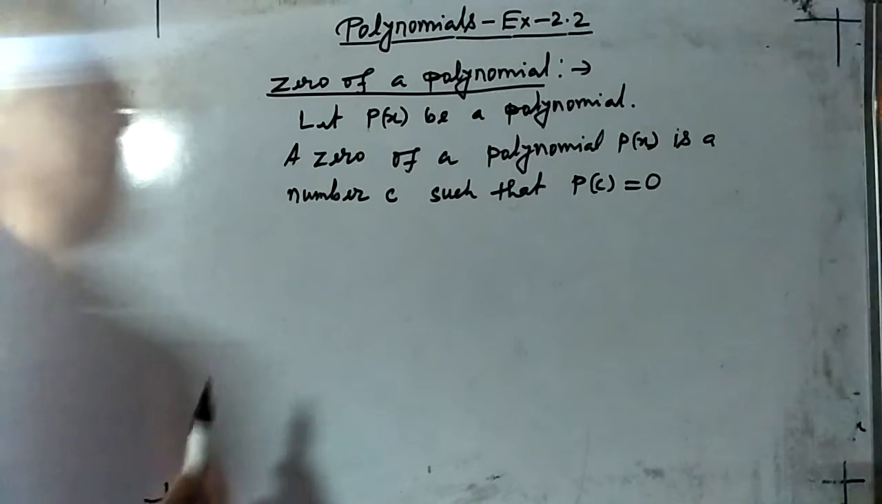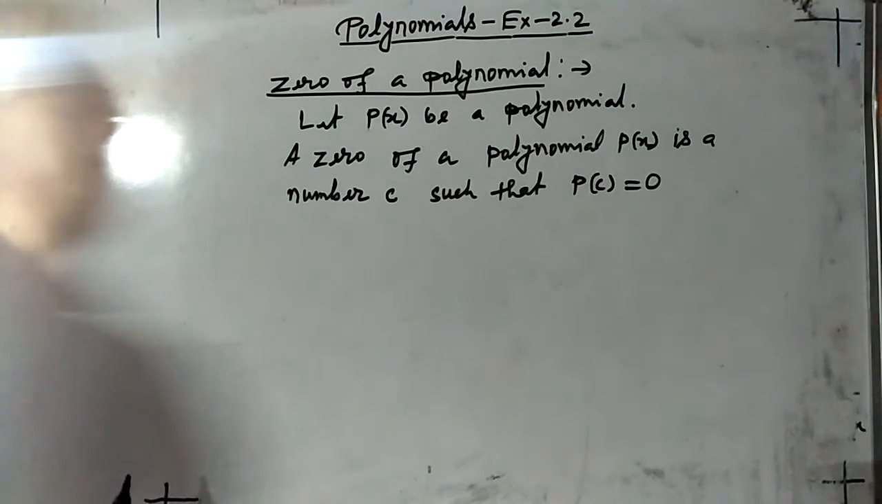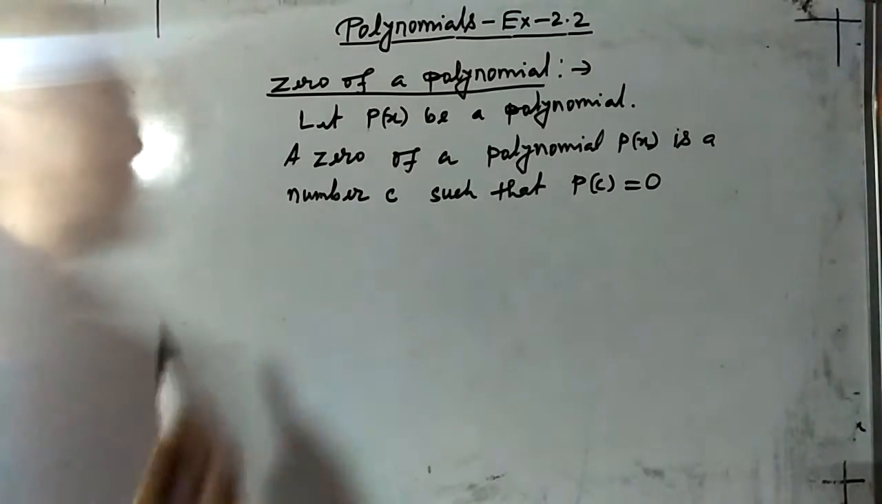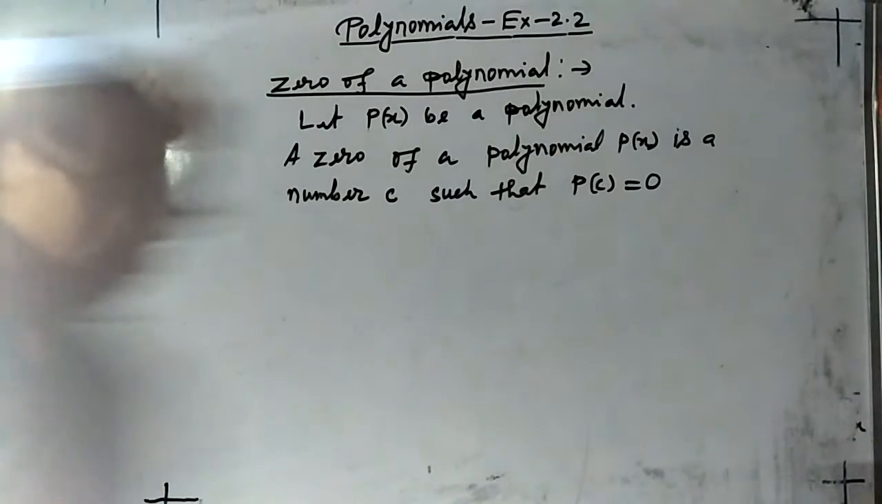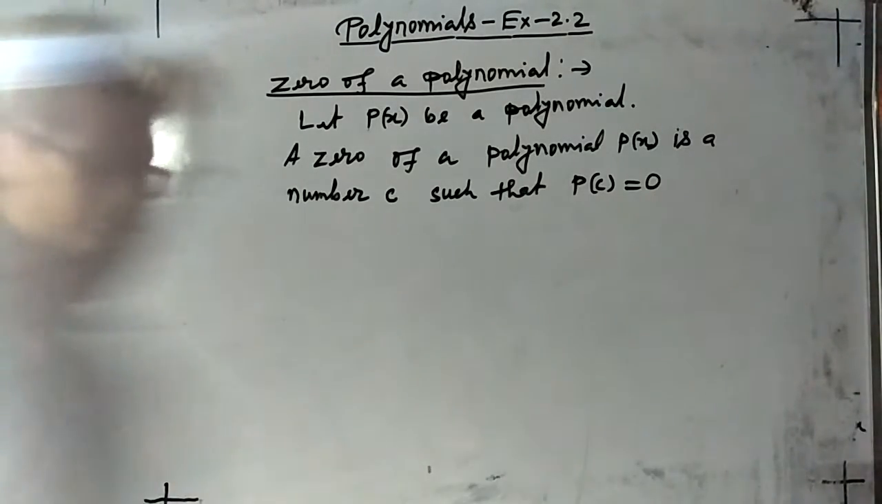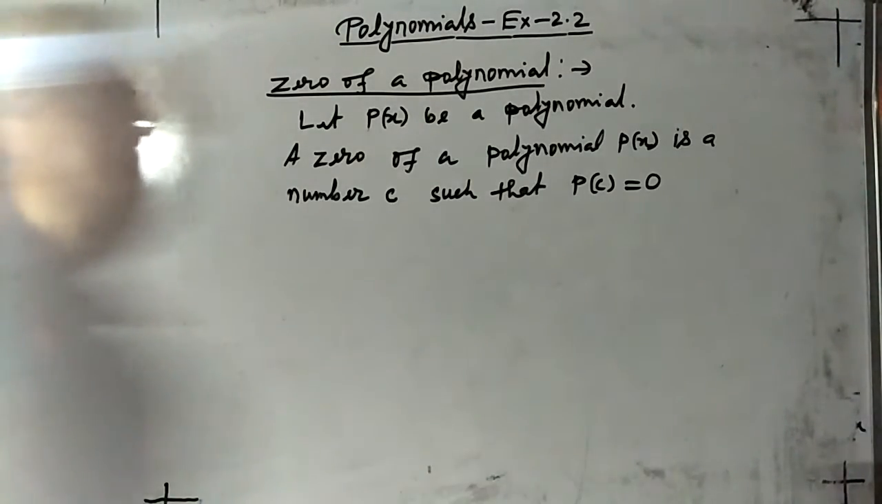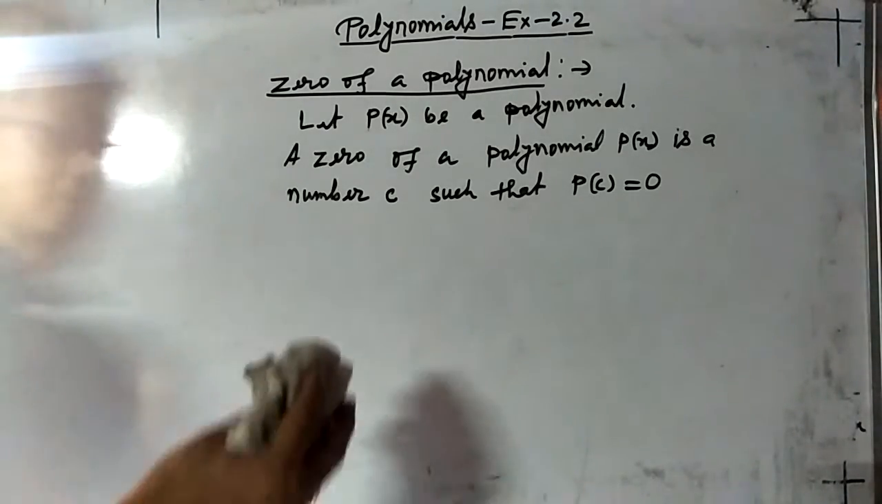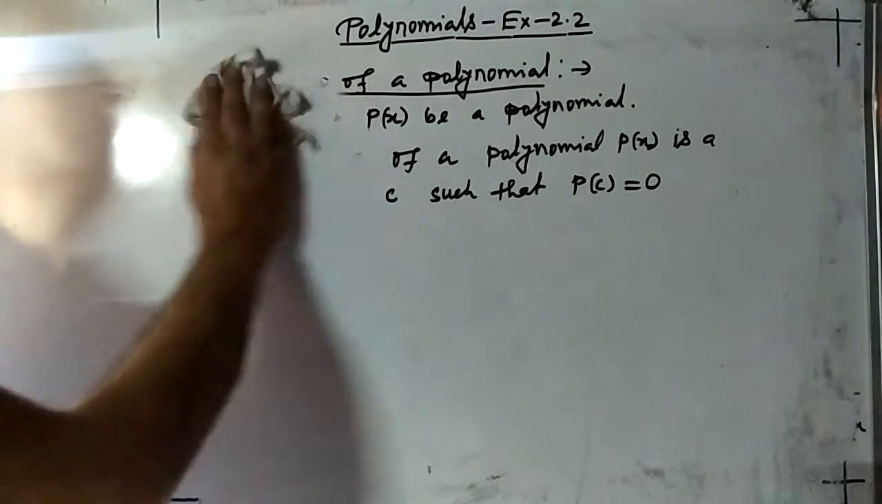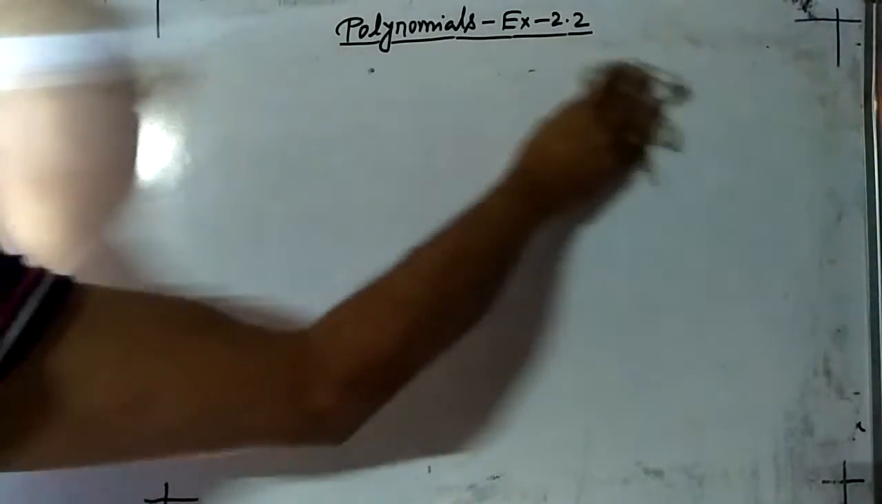That means if x equals c, if you put it in and you get the value of p(x) equals 0, then c is called a zero of the polynomial. Using this concept we will solve all the questions of exercise 2.2. So one by one I am showing questions. Question number 1,